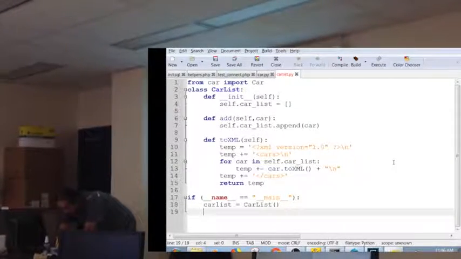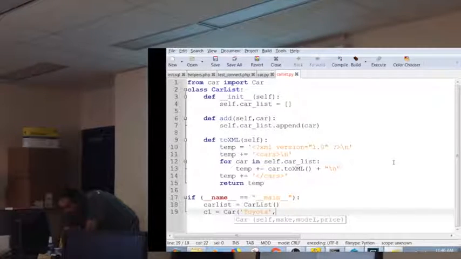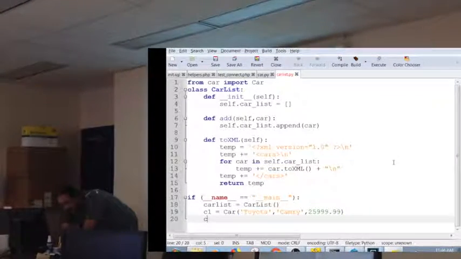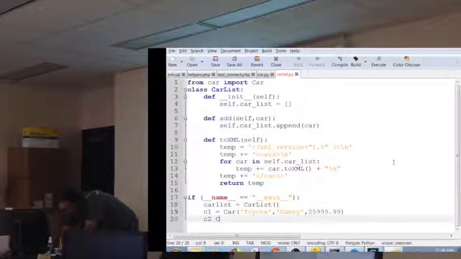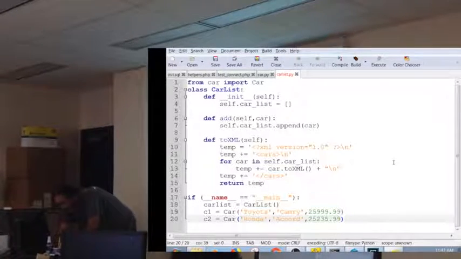Okay, so I'll go C1 equals car, and let's say that that's Toyota, Camry, 25,999.99, and let's make another car, C2 equals car, and let's say Honda Accord, and let's say 25,239.99. Okay, so I create a couple of cars,